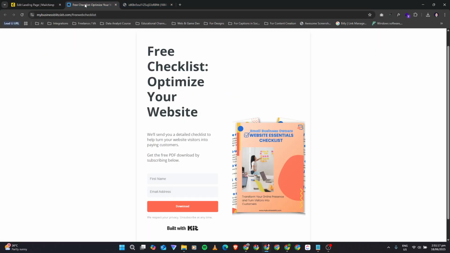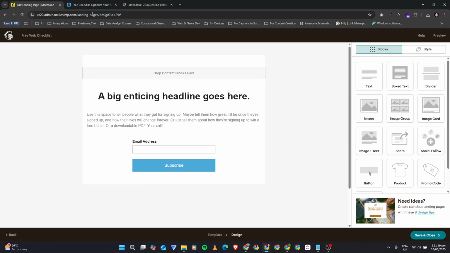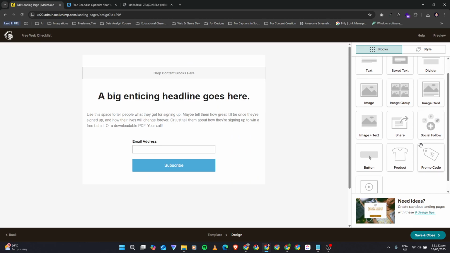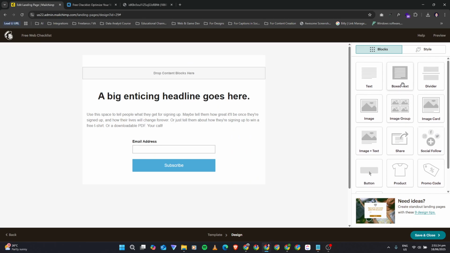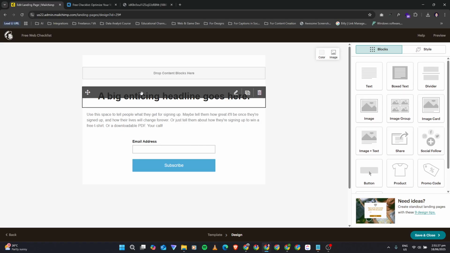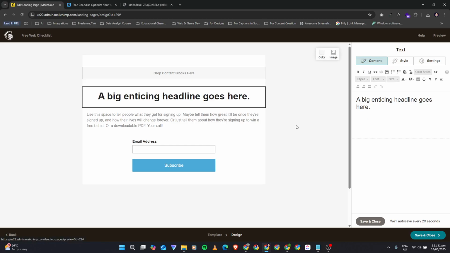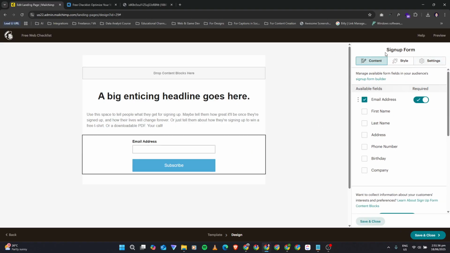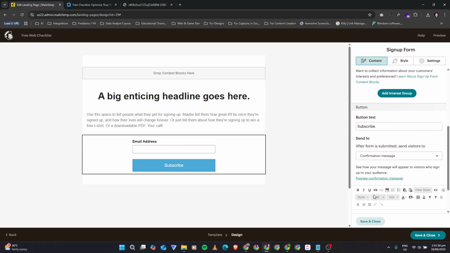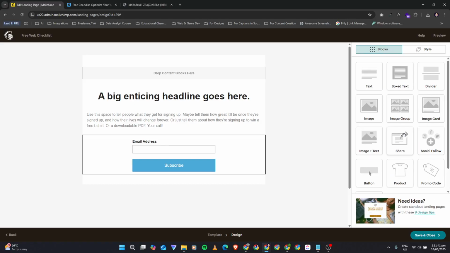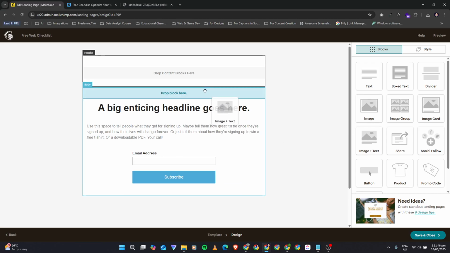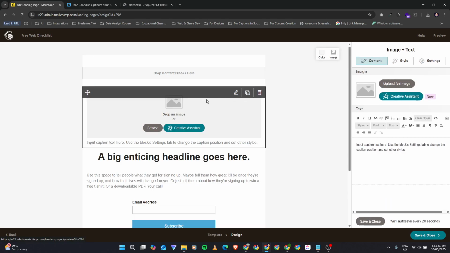What we need is a text. We have image and text blocks.